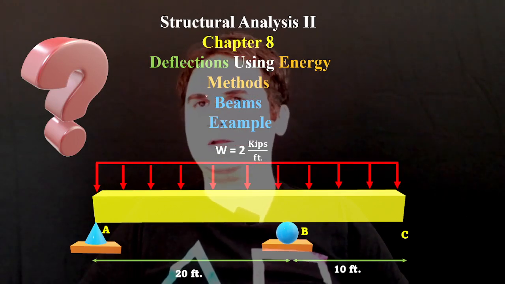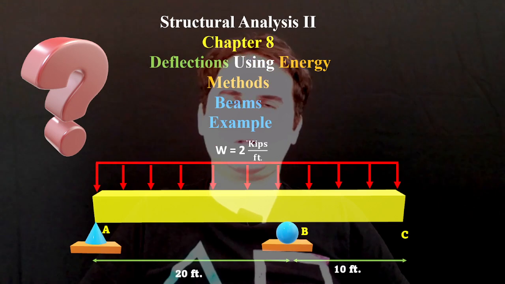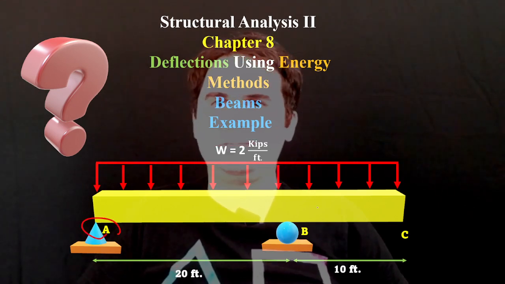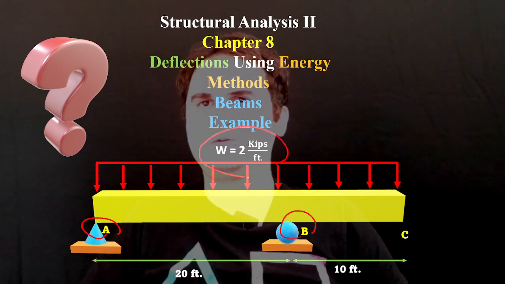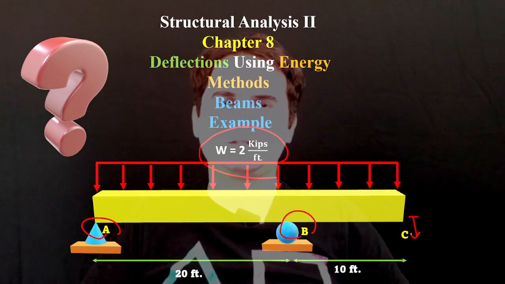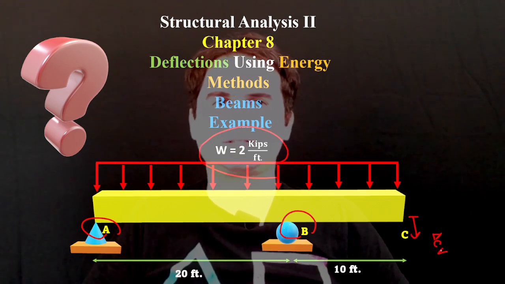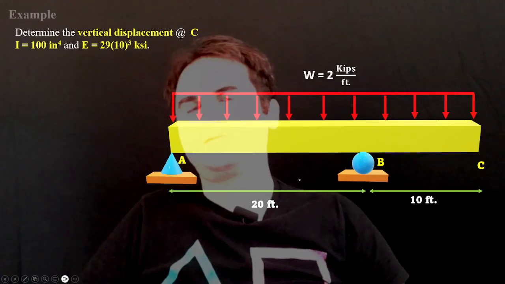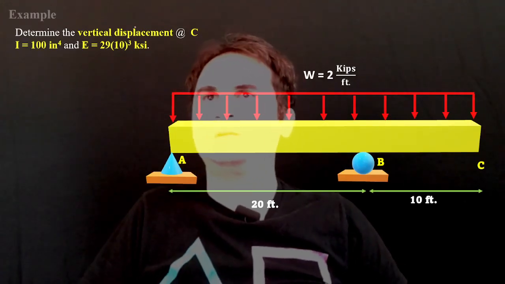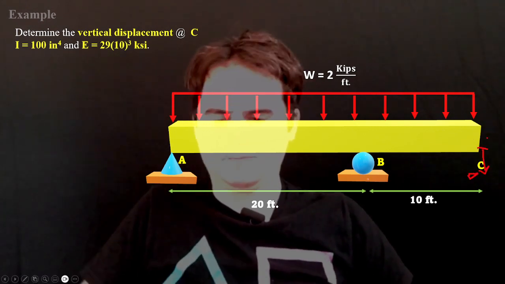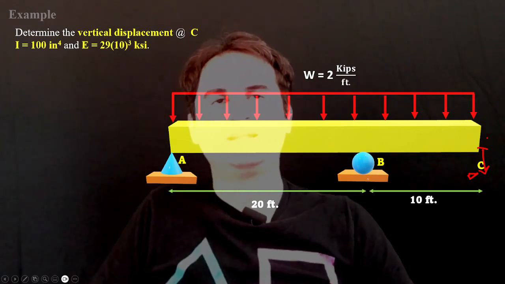Let's solve another example: a beam ABC with two supports at A and B and a distributed load in pounds per foot, and we want to know the vertical displacement delta V at C. So if you want to calculate the vertical displacement of point C,